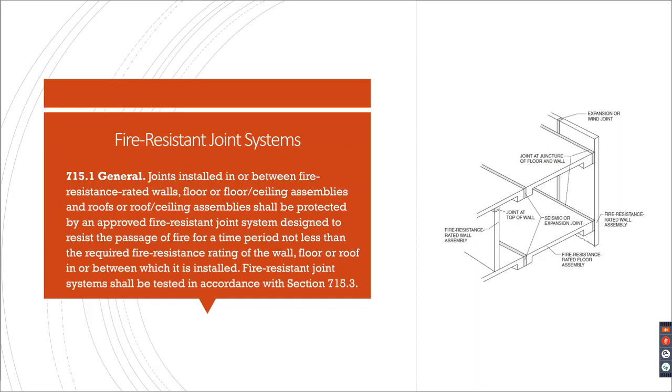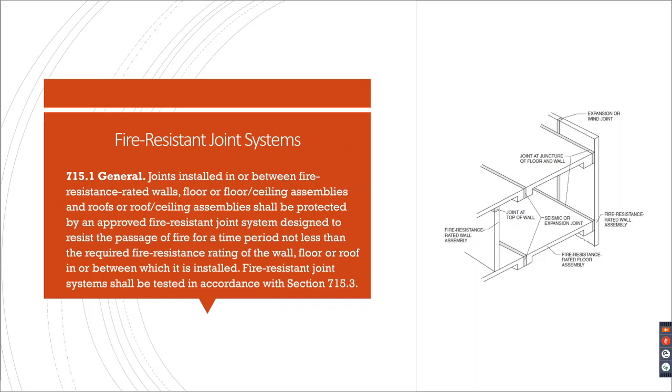The fire resistance rated wall assembly at the side, or your exterior wall, for example, you're going to have the joint there at your exterior wall, or rated wall to rated floor, wind joints. So you've got all these different joints. So this section is about, if these joints are at rated assemblies, how do you continue that protection so you don't have little chimneys throughout your building? So the general section for this: joints installed in or between